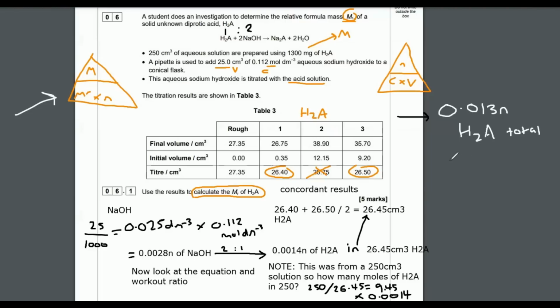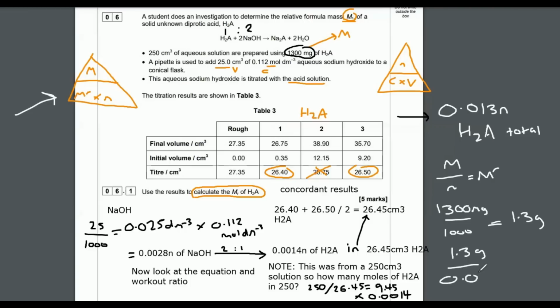I'm now going to go to mass over moles gives me my answer, my Mr. So I want to do mass divided by moles equals Mr. The mass is 1300 milligrams. Now, chemists, we can't really use it as milligrams. We need to change it into grams, and we do that by dividing by 1,000. So it's actually 1.3 grams is our mass. So we're going to do 1.3 over 0.013, and that should give me